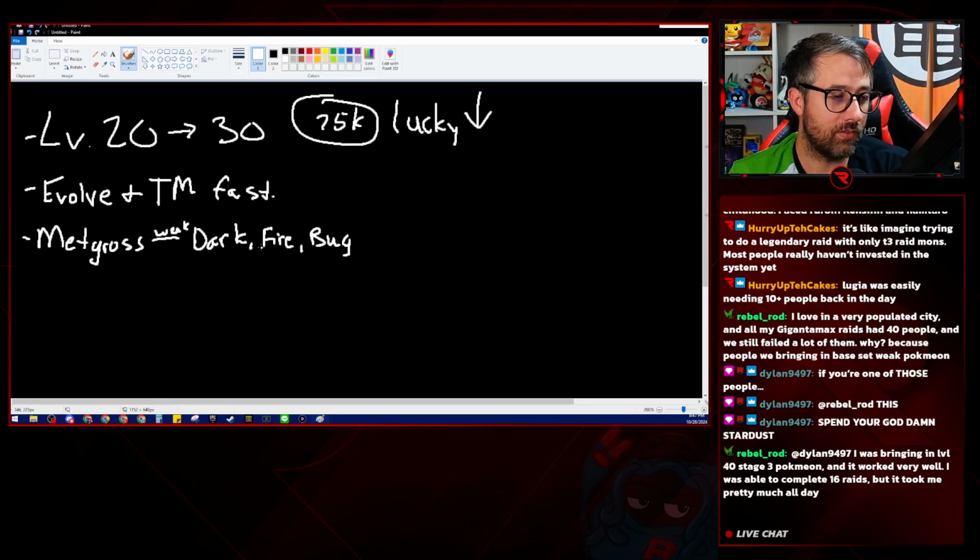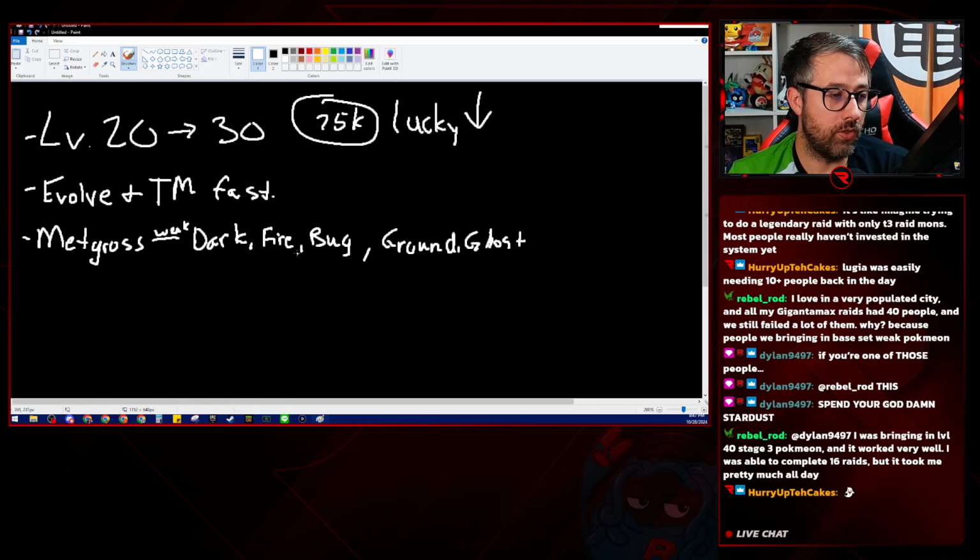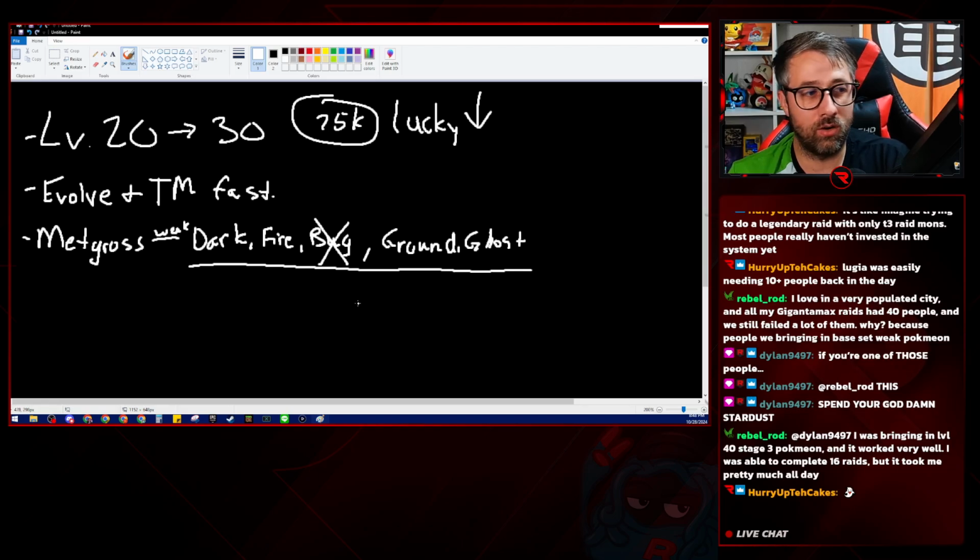Yeah, we'll just do weak: Dark, Fire, Bug, Ground. Feel free to chime in, guys, if I've screwed anything up. But I think these are the primary things. Oh, Ghost. Yeah, Ghost. So these are your primary things you have to be aware of with Metagross. But out of all of the types in the game, this is a very small list that you have to worry about. And furthermore, you could even cross out Bug